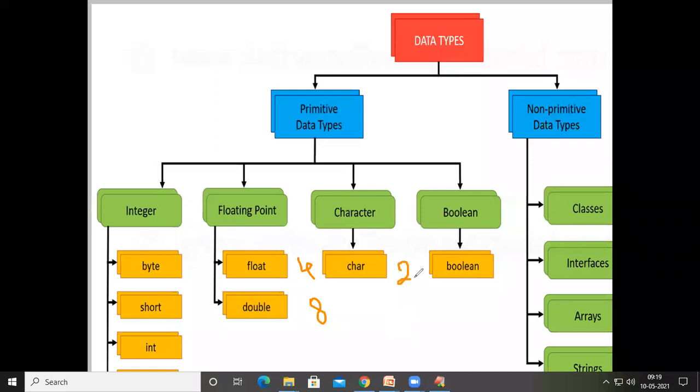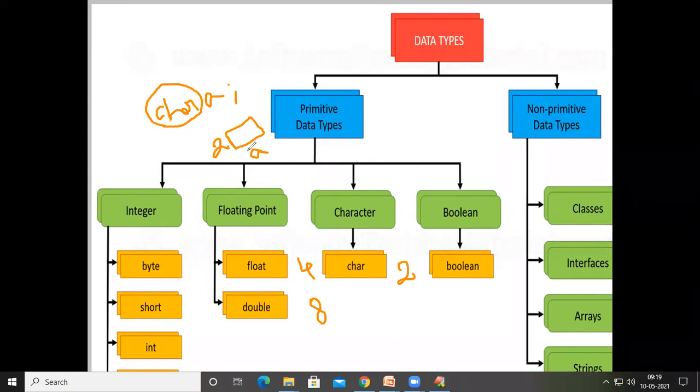And for characters in Java programming language, it is going to allocate 2 bytes. So if you define character A, whenever the compiler encounters this statement, it is going to create a memory location where the name of the memory location is A, and the size of the memory location will be 2 bytes. And inside this memory location, what we are going to store will be defined by this data type, right?